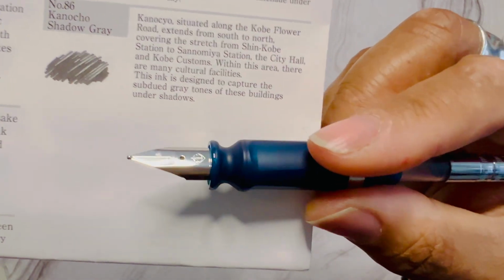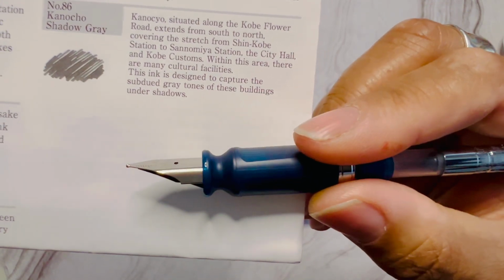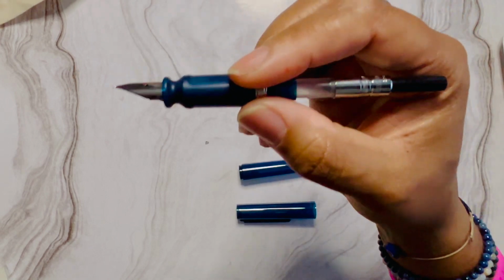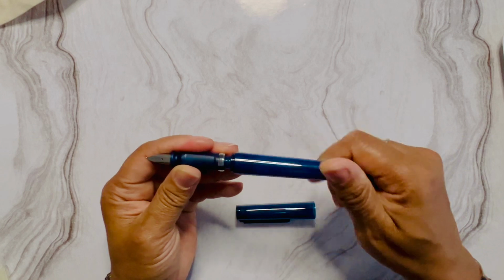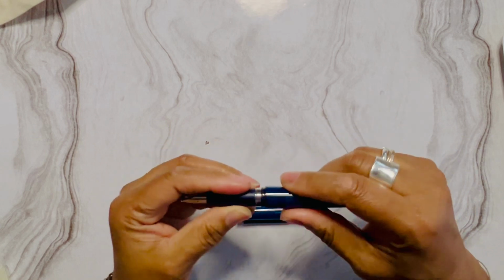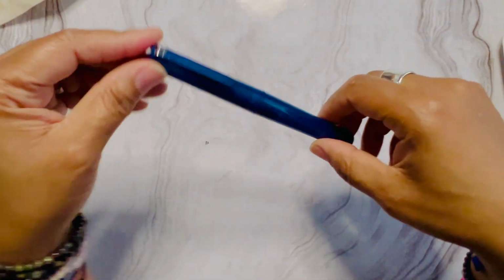So you can just rotate it so that the nib unit is facing the way that you want it to with your natural grip. So that's that pen, and that one retailed again for 45 USD, and as you can tell, I really broke the bank with that pen. But that is the only fountain pen that I bought this year, on top of getting my grinds done. My grinds were done by Damien